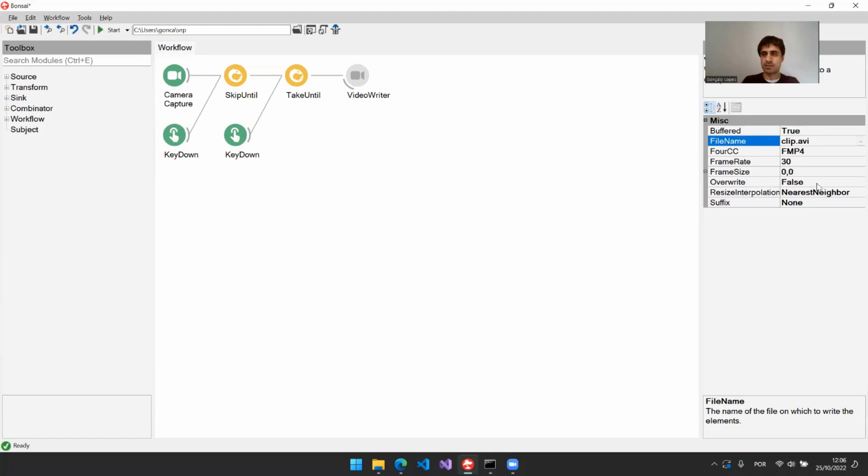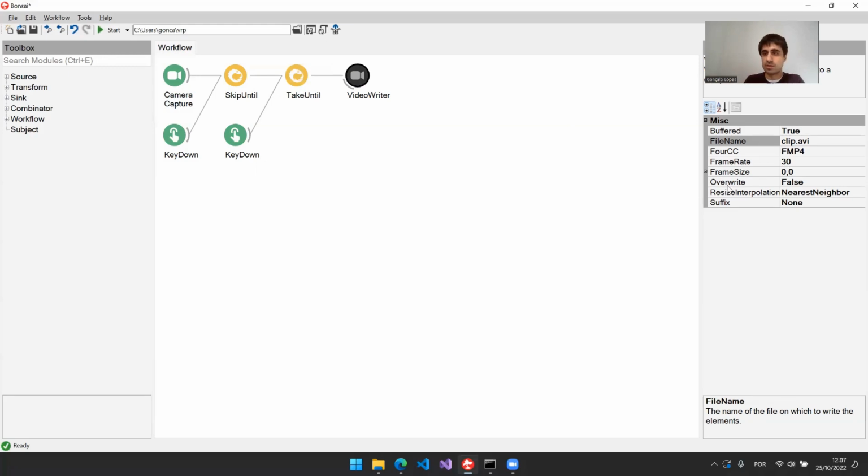Let's set, so remember one important thing before we go on with video writer, one effect. The same way that the camera has an effect when there's a subscription to it, that the camera starts serving frames, there is also an effect of subscribing to video writer, which is a file needs to be opened to receive, on which to save the frames that arrive. So clip.avi does not exist, has to be created, and it is created on the moment of subscription when the video starts receiving frames to